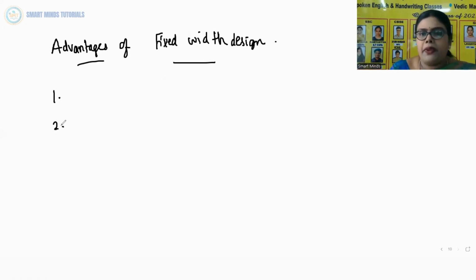Number two, the page size remains the same. Number three, the designer has full control over the position and appearance of items on the page. Number four, the width and position of elements can be controlled exactly by pixel values. So these are the advantages of fixed width design.